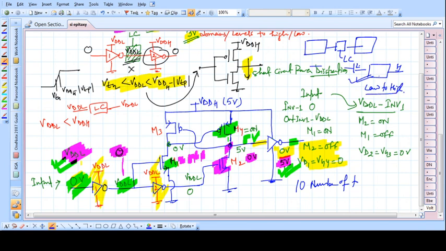Okay, so just follow the simple MOSFET operation for this circuit. It is very simple, but you have to know the basics of MOSFET. If you are not aware of very simple MOSFET operation, it will be slightly difficult. So you can also go to my video lecture for the MOSFET operation.